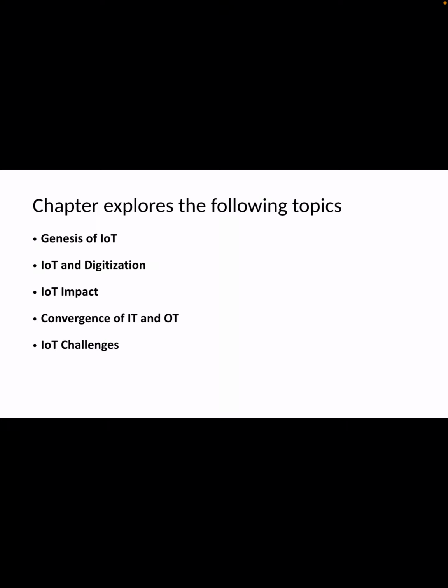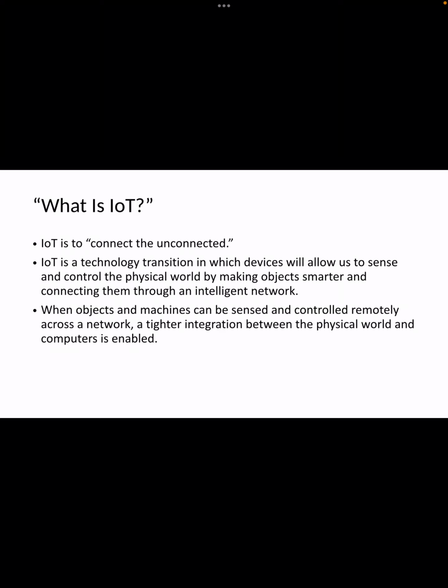First, we see what's the definition of IoT, what are the challenges, what is the evolution of IoT. As we already know, IoT is nothing but connecting the things which are not connected. Something like a centralized system: if it needs to function, it needs the help of what? Other components. So it is going to connect the other components which are not connected and frame an architecture, and